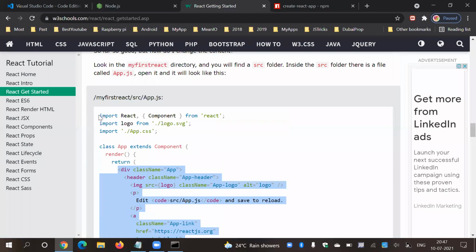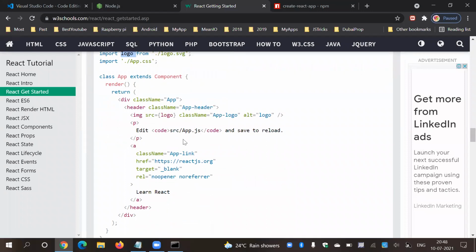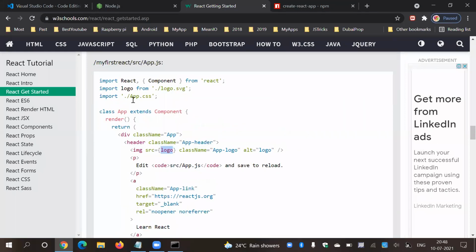Here is your import. If you see, you can import CSS directly like this, import App.css, because there is no export default. Again, the same thing for logo.svg. Why are we importing that svg file into one object? Because if you want to show that logo somewhere in your page, you can access that object name directly over here, like image src and that name.